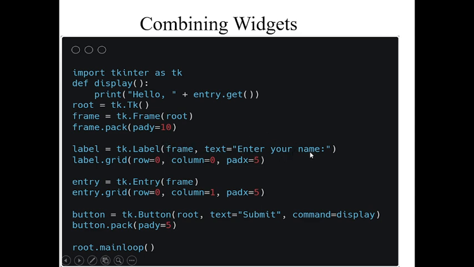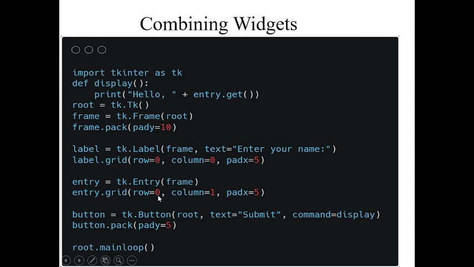This is the text on this label, whatever text we want, and this is the position of the label, that is row 0, column 0, and 5 points from the x-axis. Similarly, an entry text box is inserted by using the Entry class. It is also inside a frame, not in the window. The frame is inside the window and this label and entry are inside the frame.